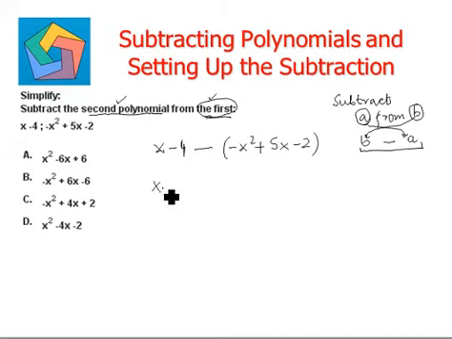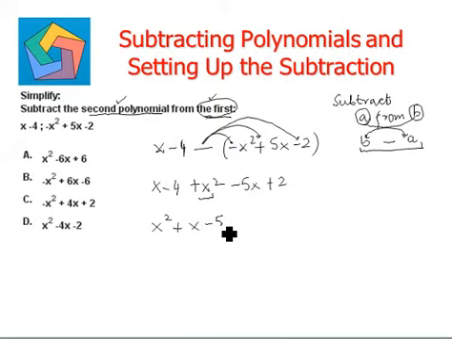So x minus 4 will come as it is. Now negative times a negative is a positive x squared. Negative times a positive is a negative 5x, and negative times a negative is a positive 2. So we'll combine the like terms. So the term matching x squared would come first. Then we have a positive x minus 5x. These two are like terms, and negative 4 plus 2 are the remaining like terms.